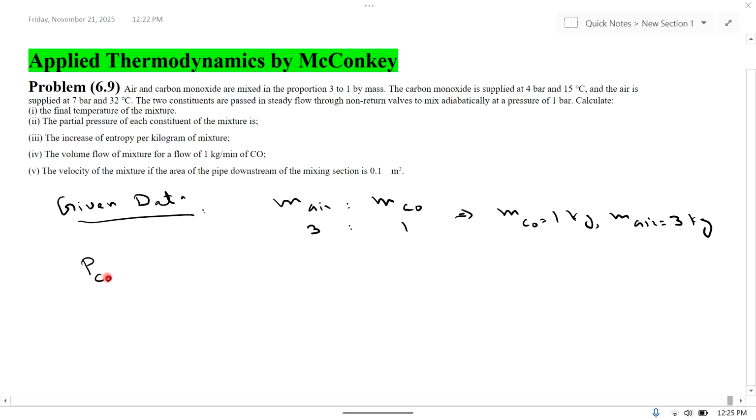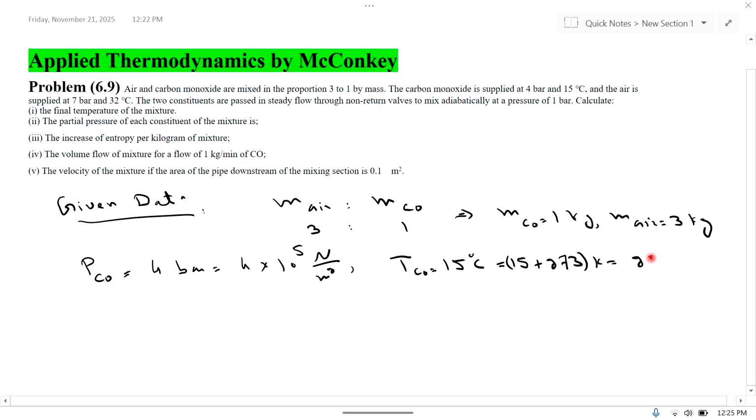Pressure of carbon monoxide is 4 bar. We can write 4 bar as 4 multiplied by 10 power 5 Pascal or Newton per square meter. And the temperature of carbon monoxide is 15 degrees centigrade. Convert this into Kelvin, which is 15 plus 273 Kelvin, which is equal to 288